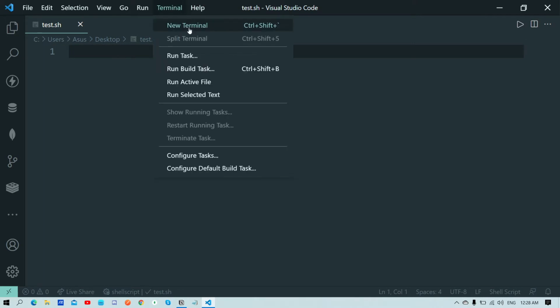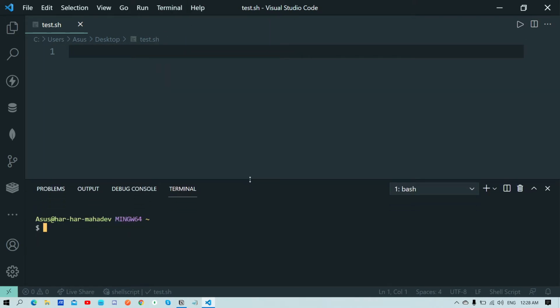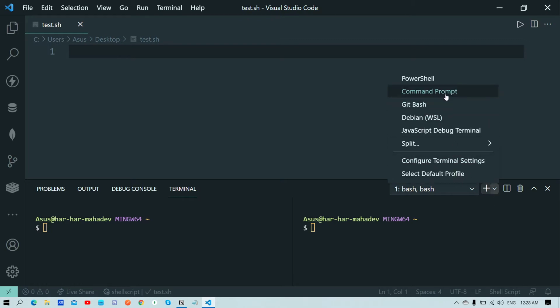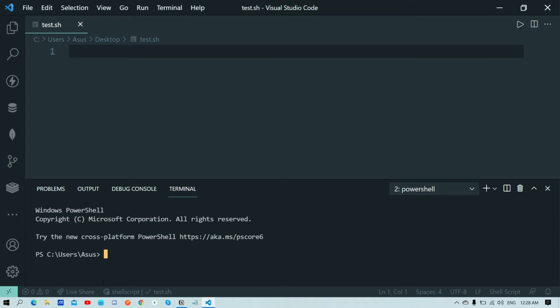Before that, let's open the terminal, any terminal. This is my Git Bash. I'm not sure why I'm not getting the option, but let's go with PowerShell as well. So this is PowerShell for Windows users.